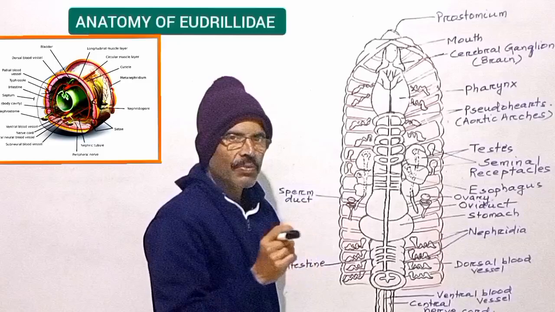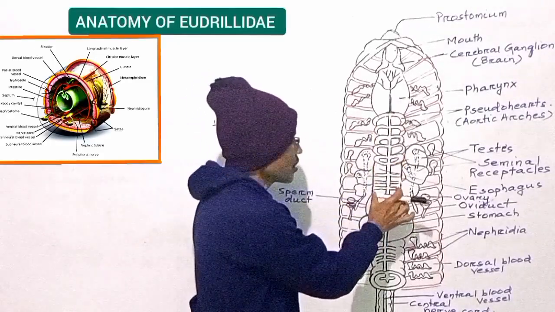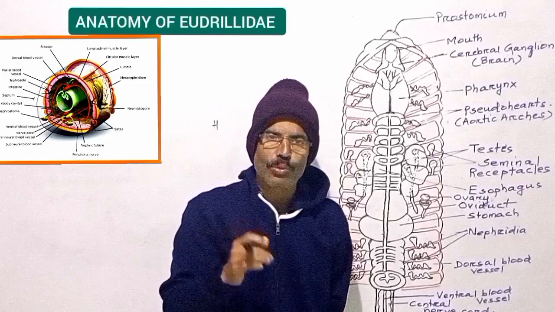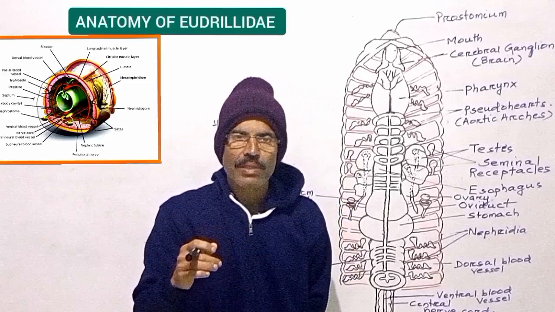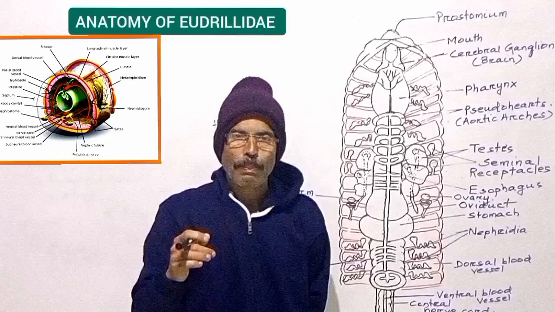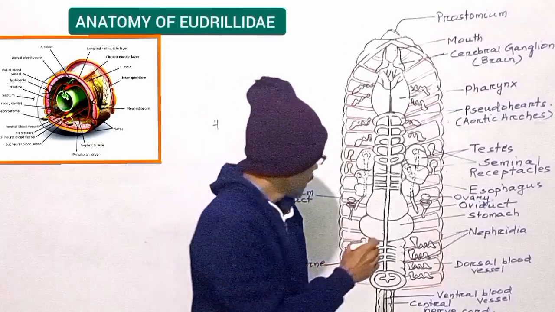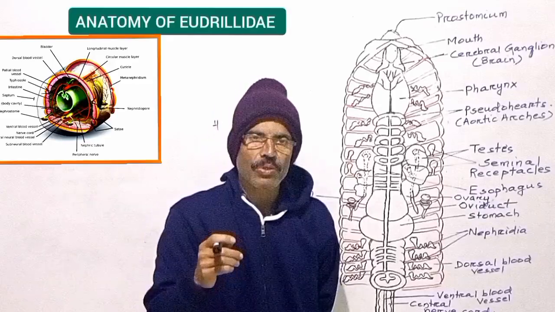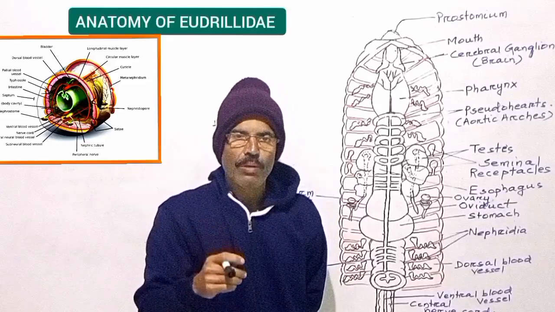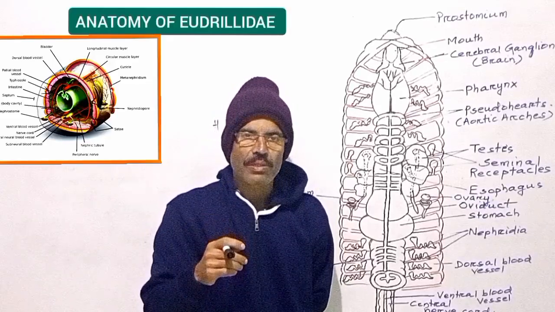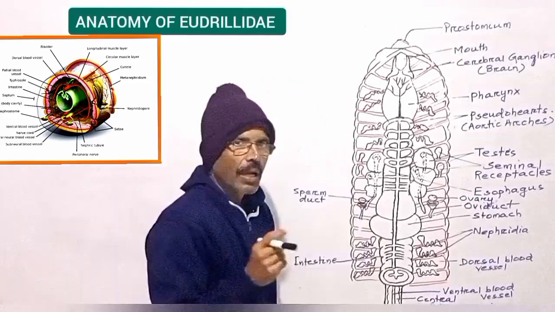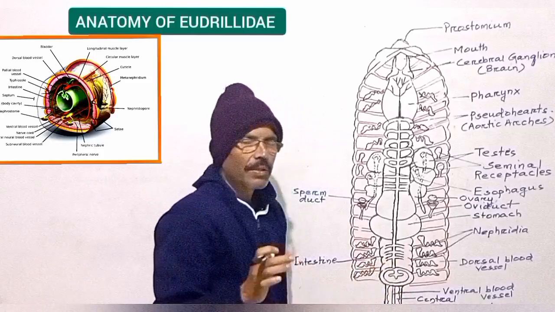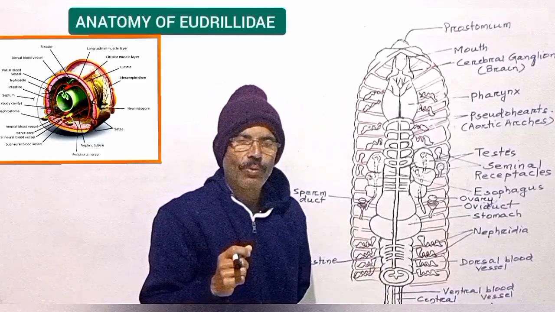In this family, the esophagus contains calciferous glands whose secretions are used to neutralize humic acid and other substances present in food. And the muscular gizzard, which is a highly muscular, thick-walled structure, grinds soil particles and other substances into a fine pulp. As food particles move down the alimentary canal, they are digested gradually with the aid of